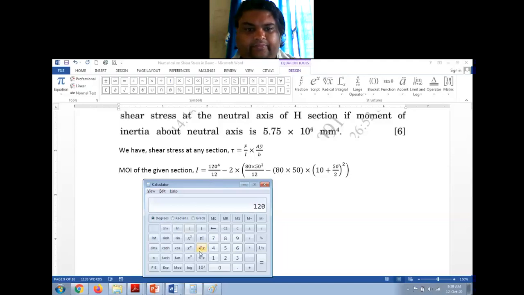120 raised to 4 by 12 is this much, minus 2 into 50. Sorry, I made 50 square so that it became 50 cube now, right? Into 80 by 12